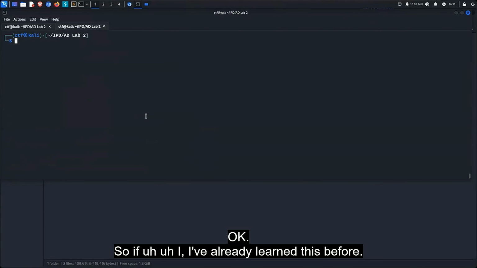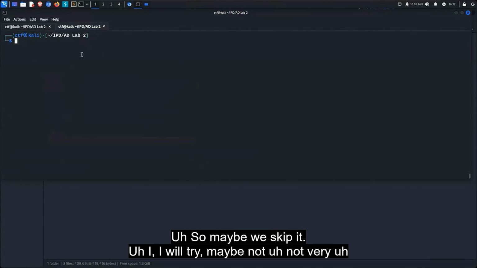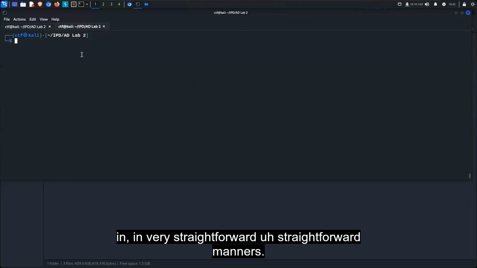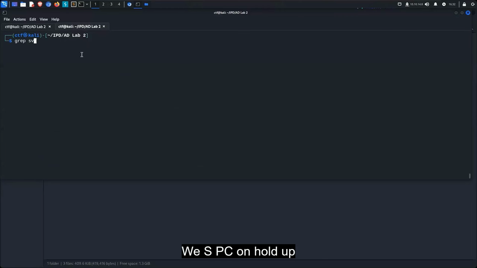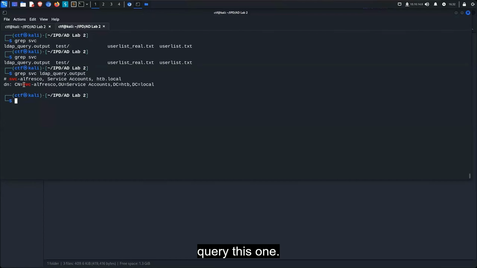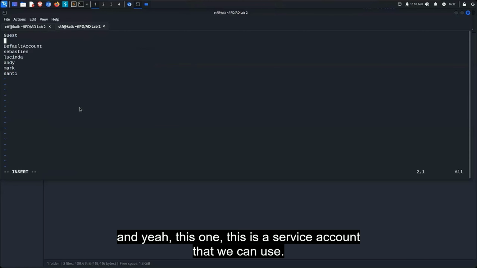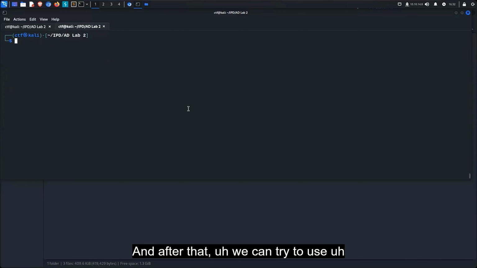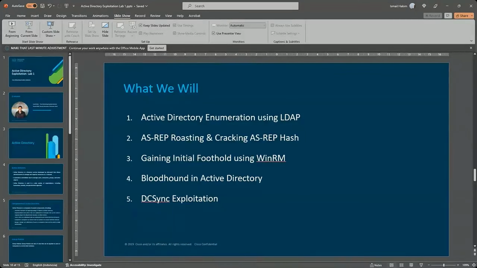Okay, so I've already done this before, so maybe we skip it. I will try, maybe not in very straightforward manners. Grab SVC on the LDAP query. This one, yeah, this one. So we should include this in the user list real, and yeah, this one. This is a service account that we can use, and after that, we will try to use